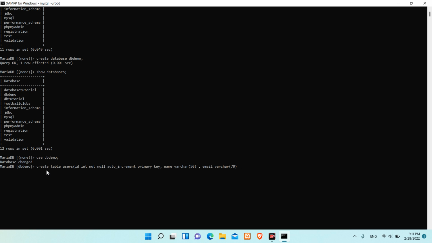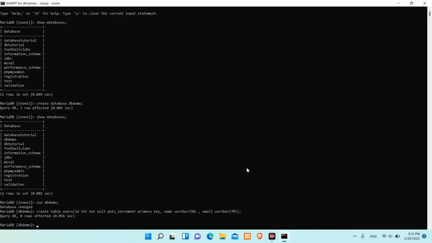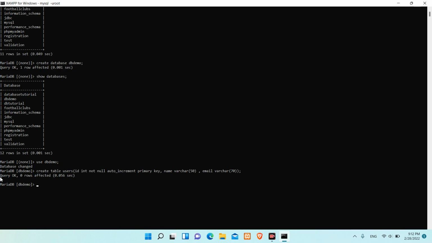You can give values from 0 to 255 in this small bracket. Okay, and let's give it one closing bracket. The id is not null, auto increment, primary key, and name varchar, email varchar. Okay, and I have run the query, okay, 0 rows affected, which means our table is also created